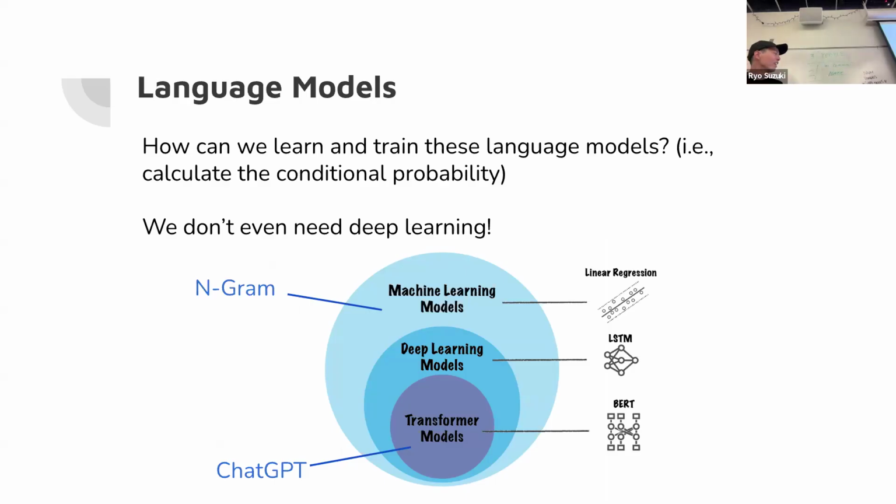But we haven't really talked about how we can get this model. So this is the training, a learning phase about how we can get this magical model. And here is a kind of history of language models. By the way, language model